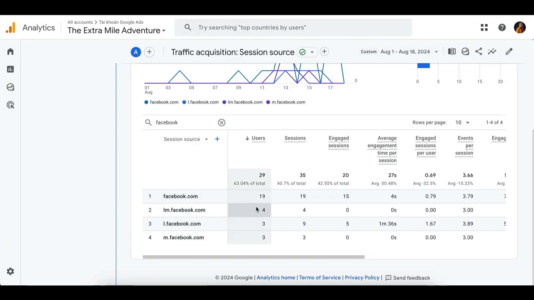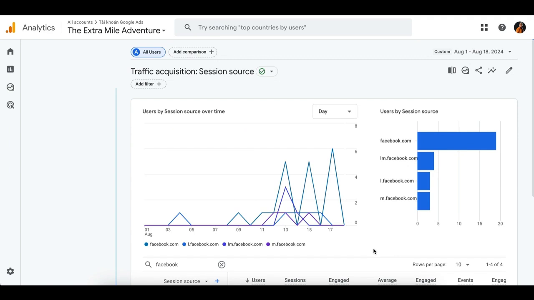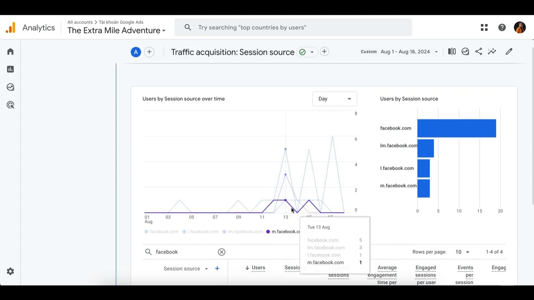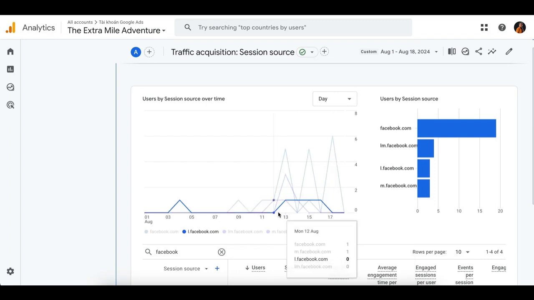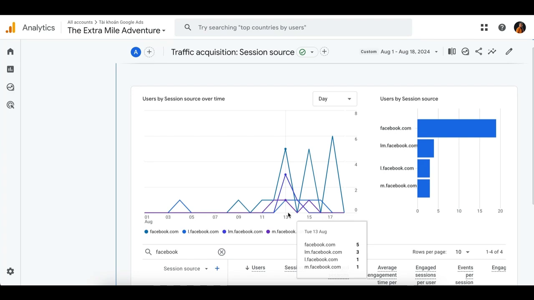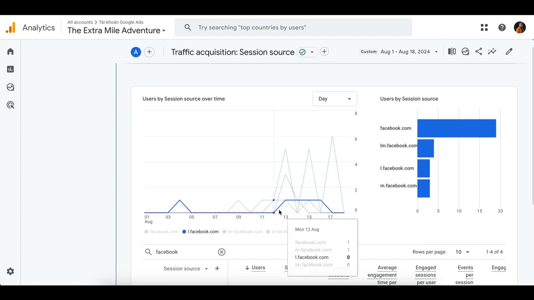I wanted to show you a little bit of the results after applying this strategy for a week for the extra mile and especially the extra mile adventure. You have the data on the website from Google Analytics, and this shows the traffic that comes to the website from Facebook. As you can see, after you start creating engagement on social media and inviting people to check your tours and your pages, it starts to increase. And that's what you want to see.